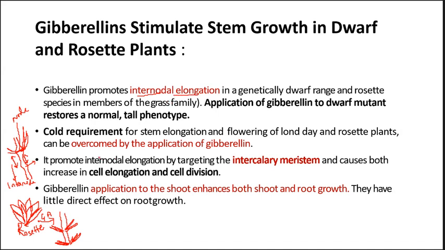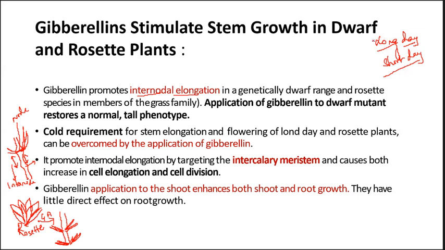Now many long day plants, so there were a variety of plants. If you have studied the sensory photobiology chapter, the plants are categorized into long day plants and short day plants. Long day plants are the ones which in the 24-hour cycle require more daytime and more light and less dark time to flower. They require more day period than the dark period to flower.